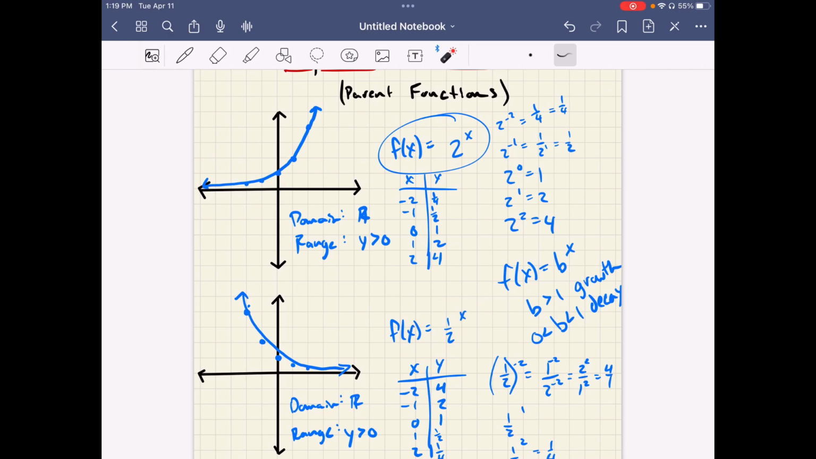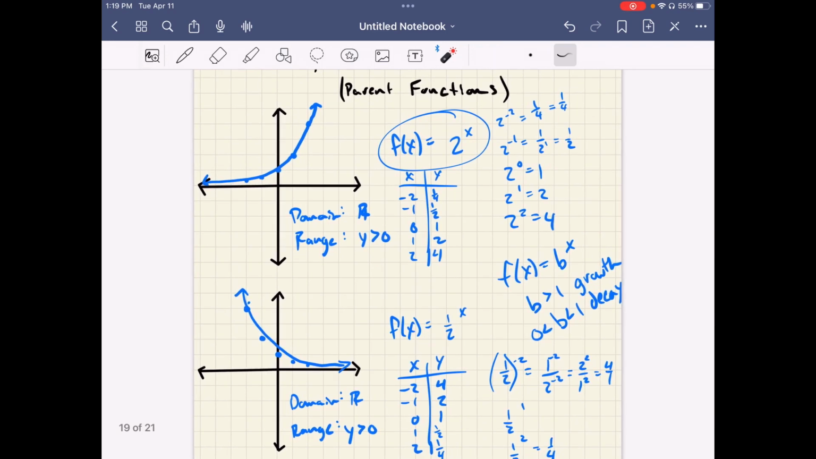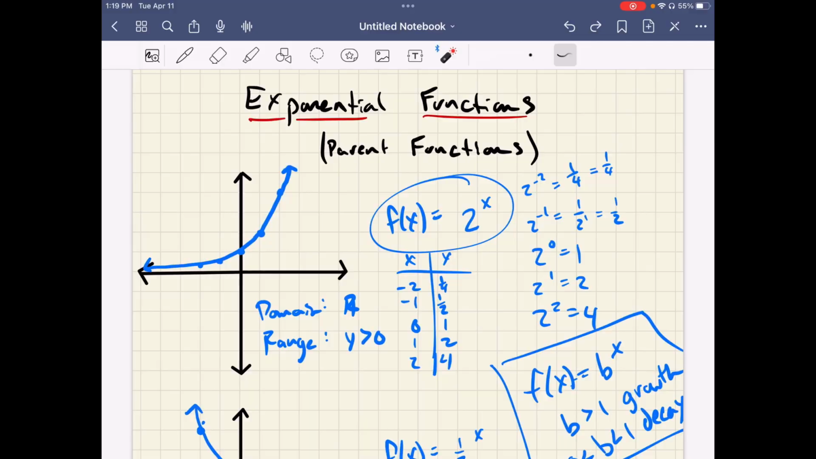Now, some of you may be thinking, well, what if b is negative? We're going to tackle that in the next video, but for now, the main takeaway from this one is to know the basic parent function, and that is f of x equals b to the x, where b could be any number, but when b is larger than 1, we have growth, and when b is between 0 and 1, we have decay. All right, hope this video helps, and I'll see you